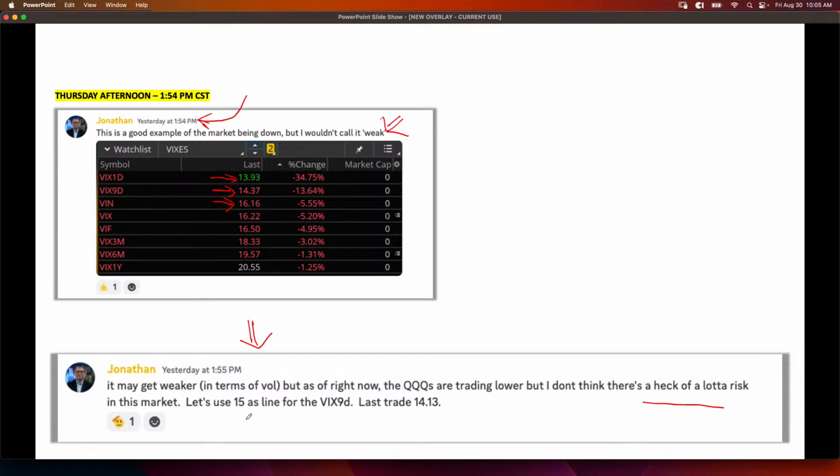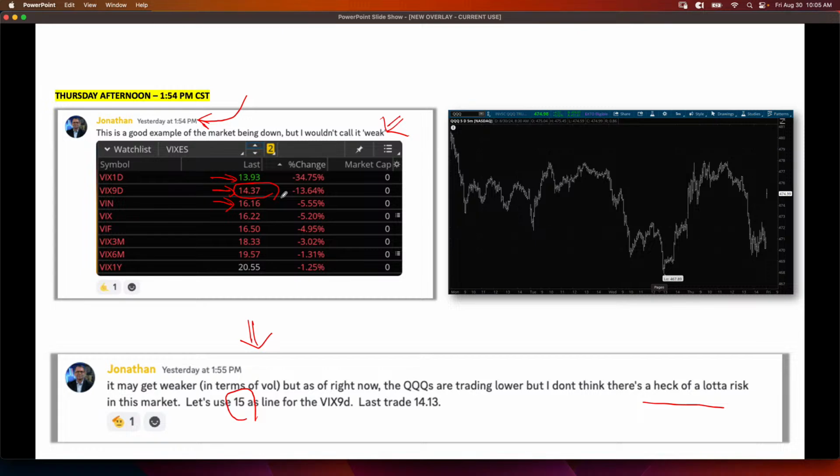Let's use 15 as our line in the sand. So let's stare at this number and say, anything under 15 is going to be weak. Well, that was yesterday afternoon. It's not surprising that the Qs gapped up this morning. They went right back to our crucial line in the sand. 475 remains our line in the sand. Above bullish, below bearish. Let me just pull up the Qs right now,